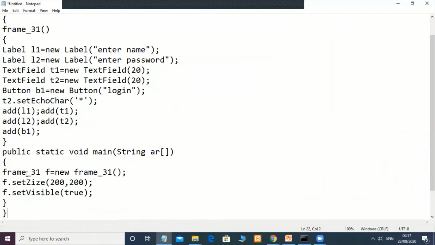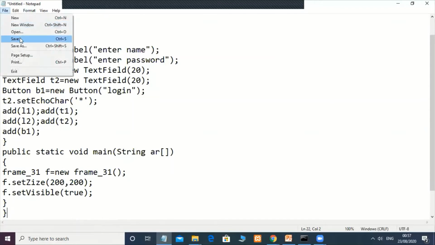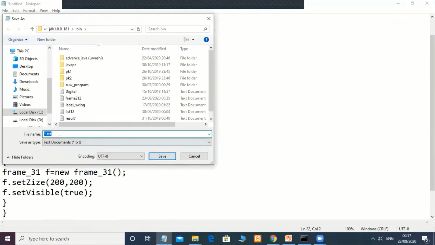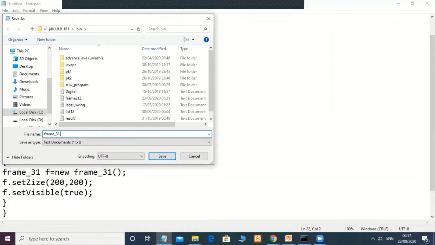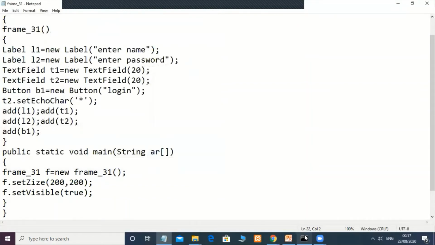Save this file with the name Frame_31.java. Okay, run this file.